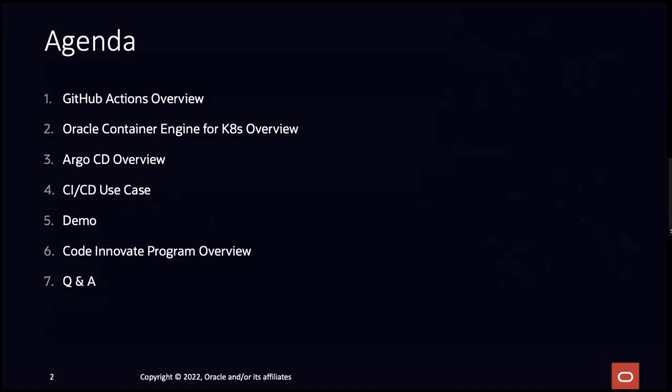I have a simple demo for a CI/CD use case with everything integrated in the CI/CD pipeline. After that, we have Christian give a coordinate program overview, and then we go to Q&A.